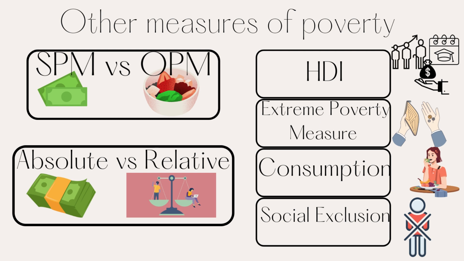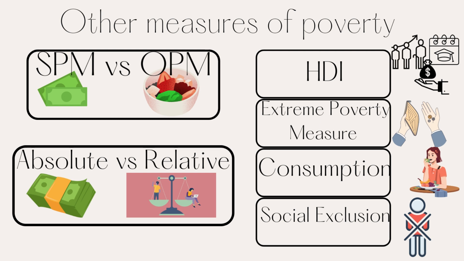The next is the OPM, which takes into account cash income, and it is based on Molly Orshansky's 3 times the cost of the minimum food diet in 1963 and is adjusted for inflation and family size. But it does not take into account non-discretionary items or near cash or non-cash benefits, and it also doesn't include cohabiting couples. The next is absolute versus relative.